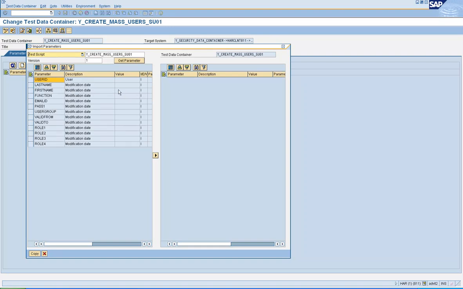Now when you get a list of parameters here, you can also decide the sequence in which they need to appear in your file, the data file. So select the parameters that you want to have in the file and click on this icon. So my first field when I go to SE01 is the user ID field. So I would like that to be the first field in the file. So select that field and click on this attach